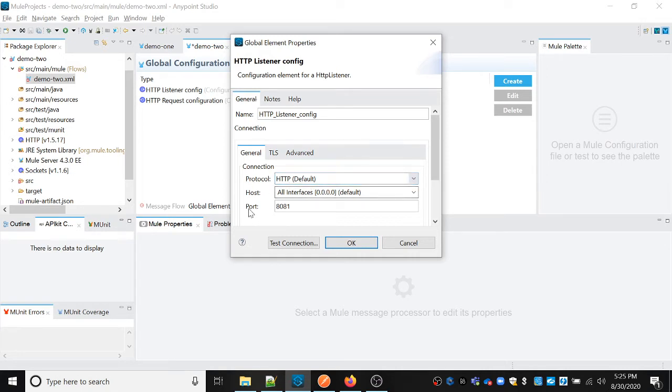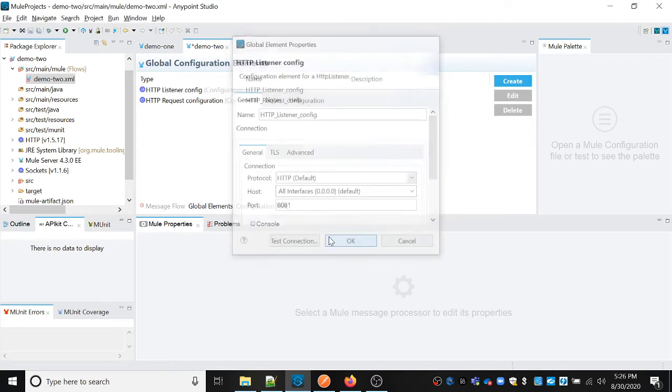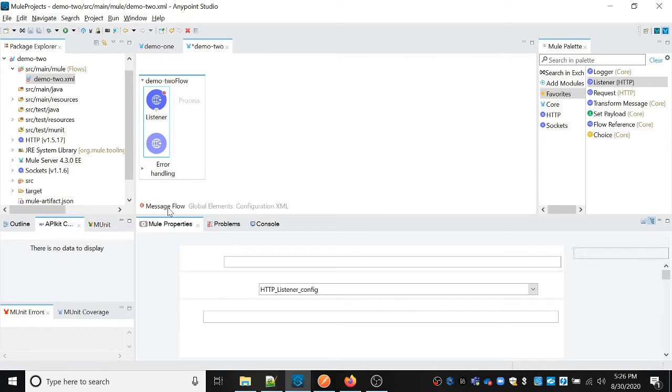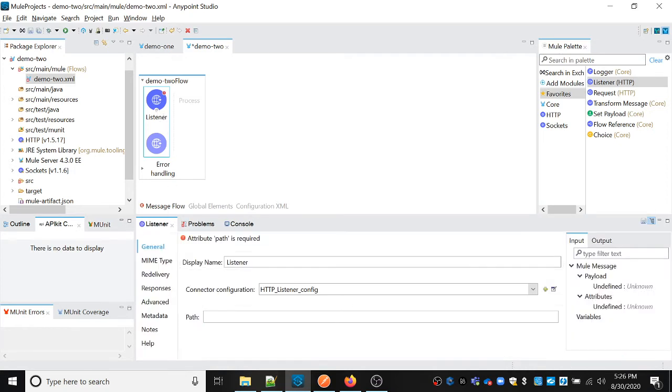We can change the port according to our requirement, but over here I'm using the default port 8081. Now I only have to provide my path. So let me provide the path employees. Using this path, I will call the Mule API.